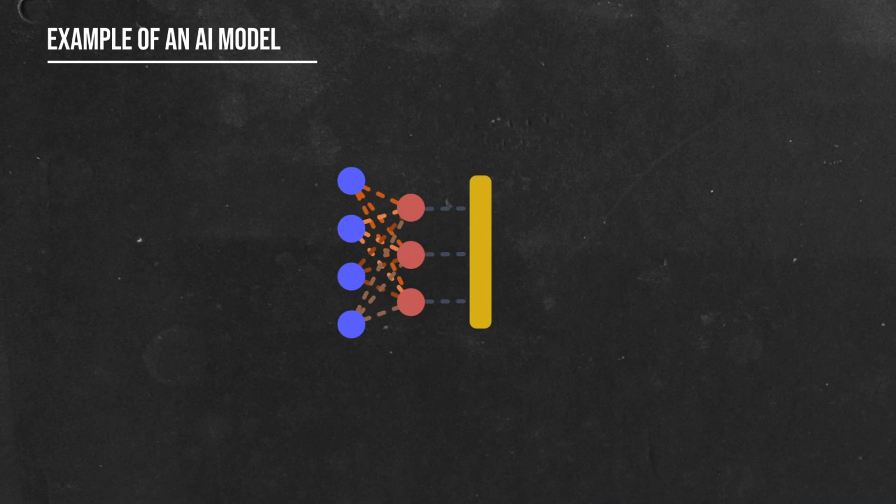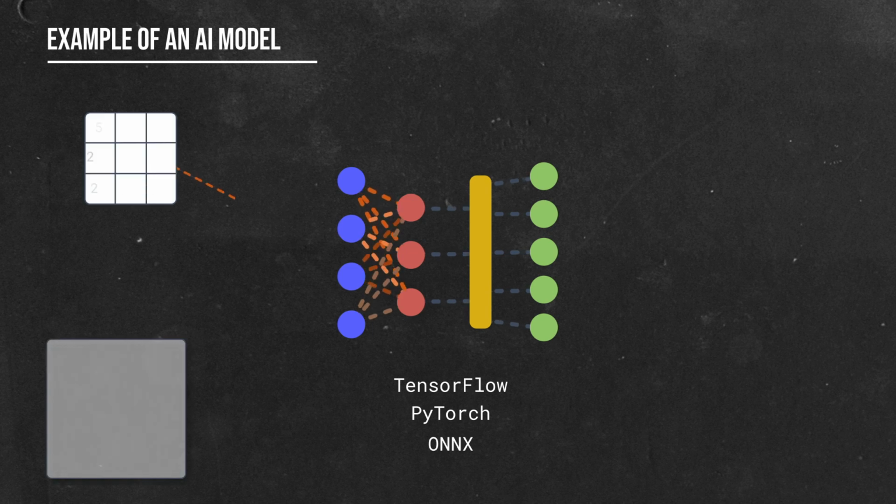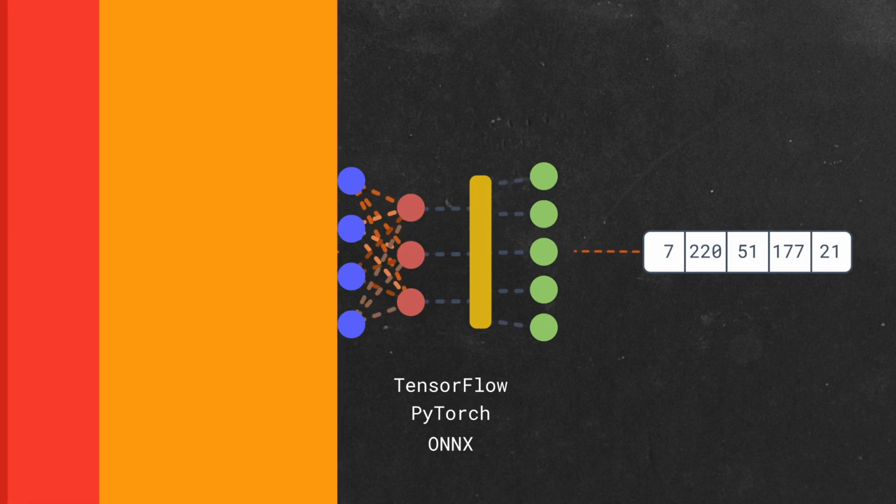A model is a data structure that contains an AI model for a particular backend, such as TensorFlow, PyTorch, or ONNX. Models are the things that do the inferring. They take one or more tensors as input and produce one or more tensors as output. Putting these two structures together, we can perform inferences. Let's look at a hypothetical example where we're a bank that wants to determine if we should give a loan to an existing customer or not.